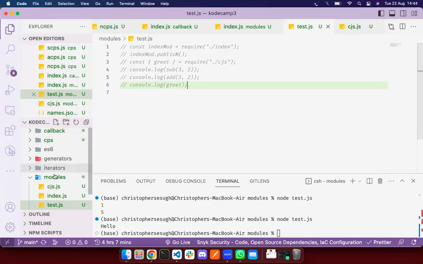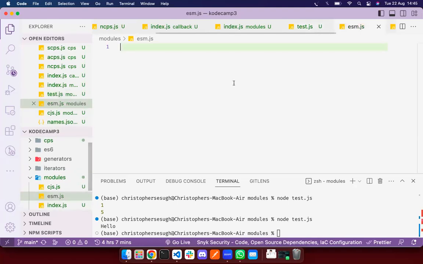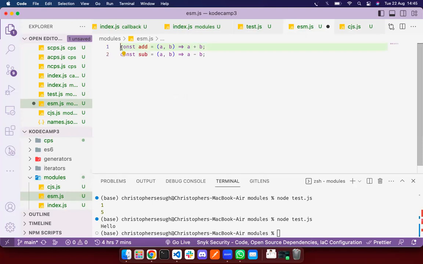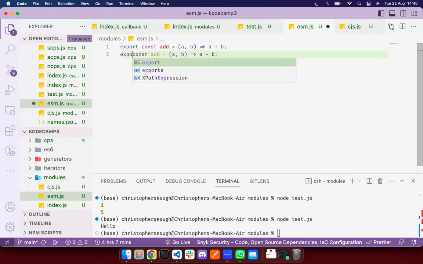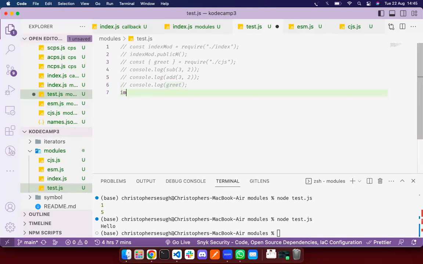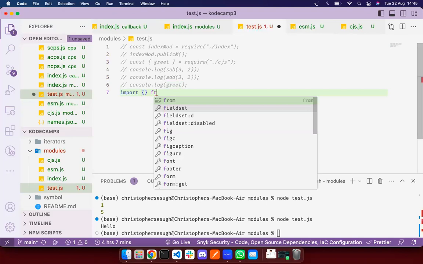We can have a new file, which we have CJS, CommonJS, then we have ESM.js, where you can see, we can just come here and copy all of these things, then bring them down here. And then you can see something like export. Then you can come down to your test file and say import from